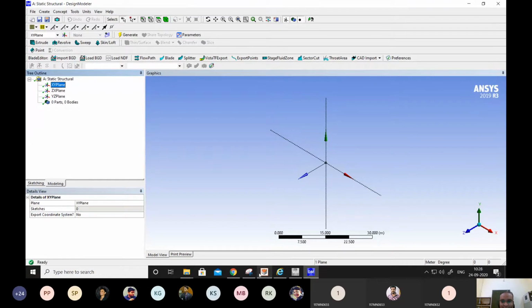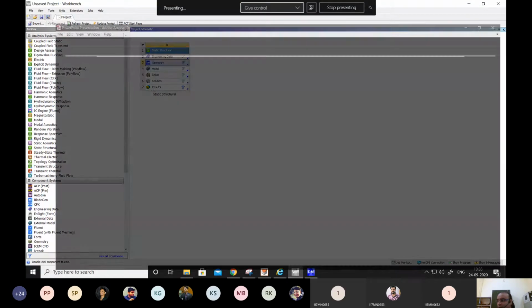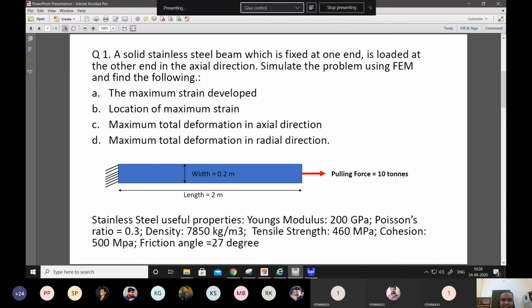We had this problem yesterday. So let's take this problem: we have a solid stainless steel bar which is fixed at one end, and the dimensions are 0.2 by 0.2 meters.